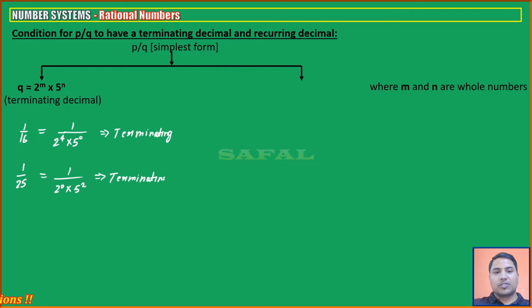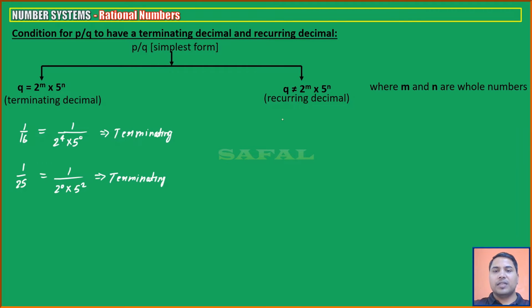Okay. So this condition checking you will study in detail in class 10th. I have just taken it as information, because many times they will ask a 1 mark question: without actual division, you need to comment whether P by Q has a terminating decimal or recurring decimal. Now if you are factorizing the denominator and you find that the denominator is not of the form 2 power m into 5 power n, in that case, P by Q will have a recurring decimal.